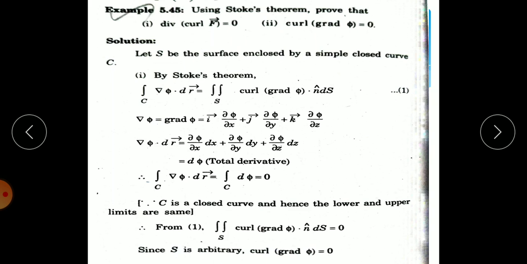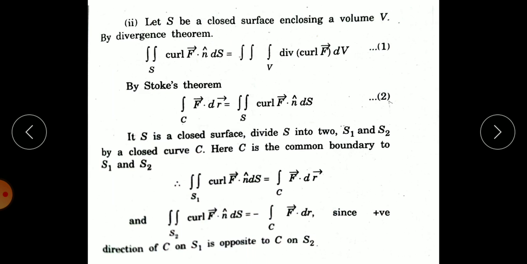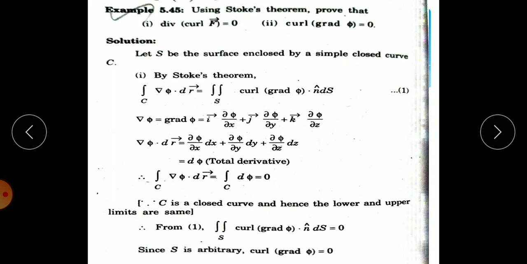So from equation 1, the double integral over S of curl grad phi dot n cap dS equals 0. Therefore, since S is arbitrary, curl grad phi equals 0. So if you get 0 for this, the first term is over. Then for the second one,